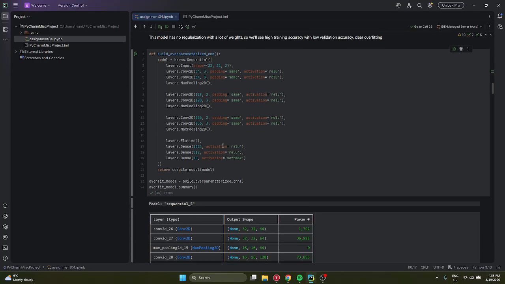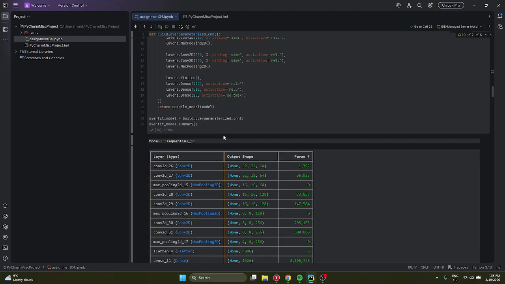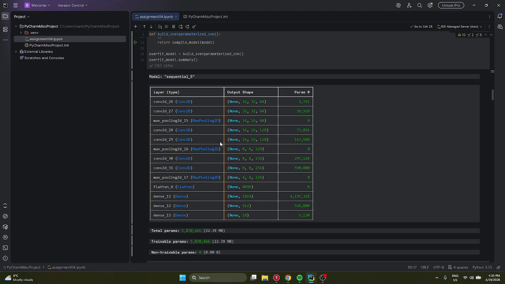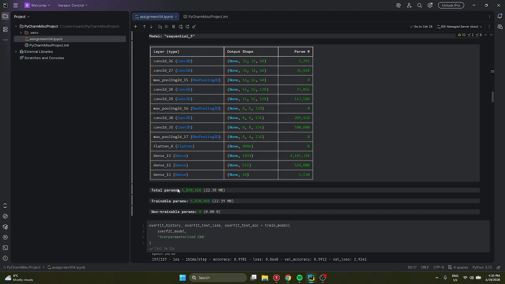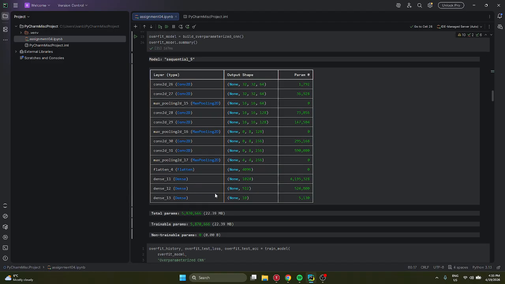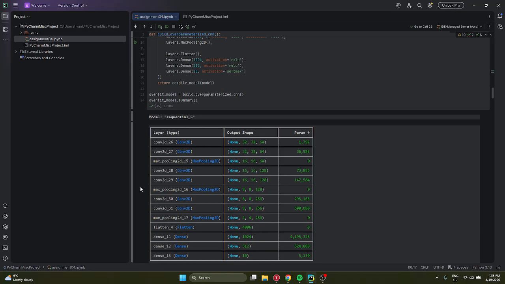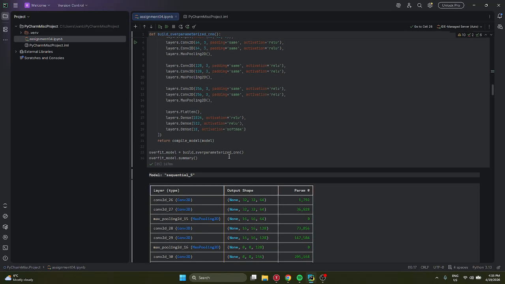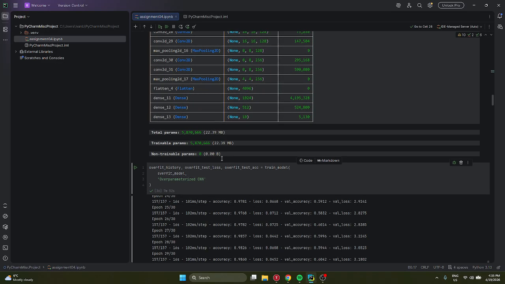The first model is an overparameterized CNN. We're not using any regularization methods here, and due to it having a couple of dense layers, we can already expect a lot of weights, and a lot of weights most of the time means overfitting. So we can see here 4 million parameters. Way too much, it will overfit the model,